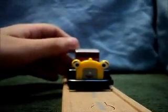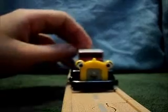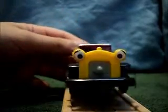You probably can't see that because of the terrible lighting, but it should say 2003. I mean, that's at least what it says. I'm not sure if it might be a year later or earlier of a model, but this model was originally, I won this off of eBay